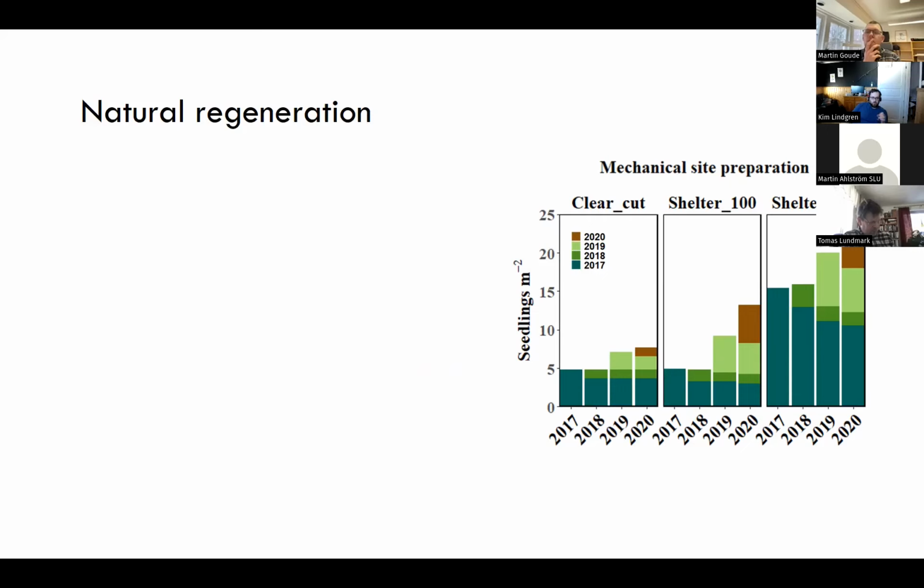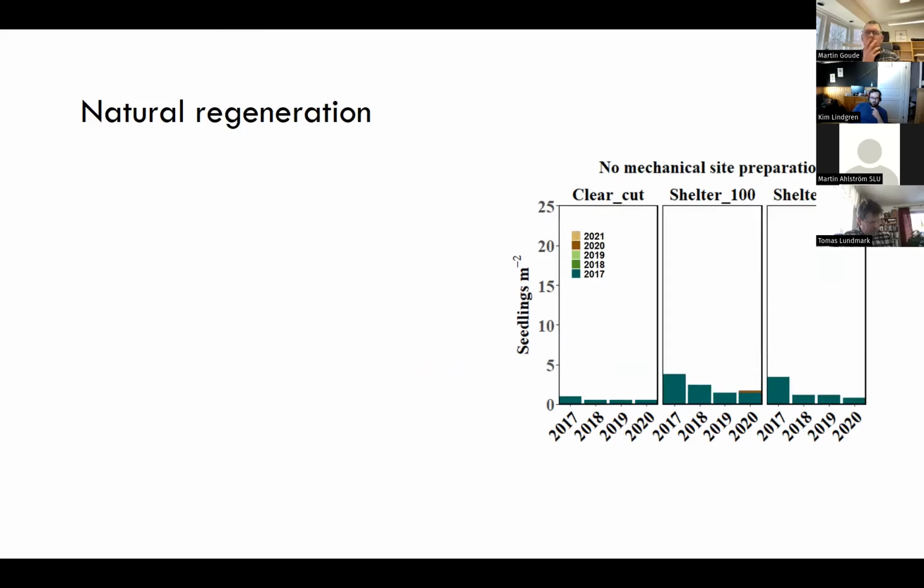And yeah, if you keep this picture in mind, and you think that those are the numbers of the seedlings registered in pure mineral soil, we can look at the respective numbers of seedlings on the grounds without any mechanical site preparation. And what is quite striking is that very few seedlings actually germinated on unprepared sites. So actually all the recruitment comes from year